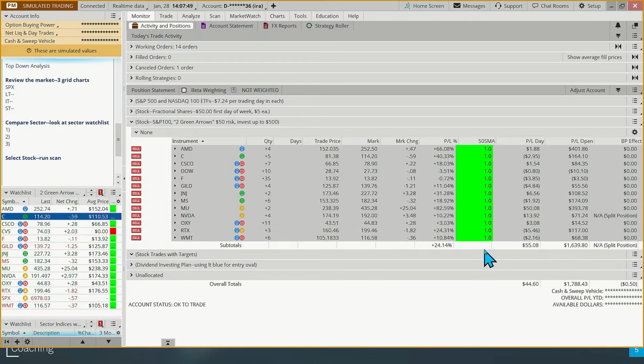But in this case, every stock that we've got is above the 50-day moving average, and basically I'm done with monitoring my open positions. I don't have anything to do here. Now, I could go in and say, do I have a new two green arrow buy signal, and I could adjust my stops up? But that's something that I might do once a week, at the end of the week, on the weekends, where I take some time and just look at those positions. But this is a very, very fast way now to say, oh, all of the stocks are above the moving average. I don't really have anything necessarily to do here based on the basic rules of the plan.